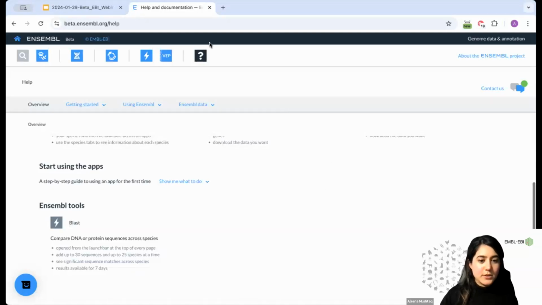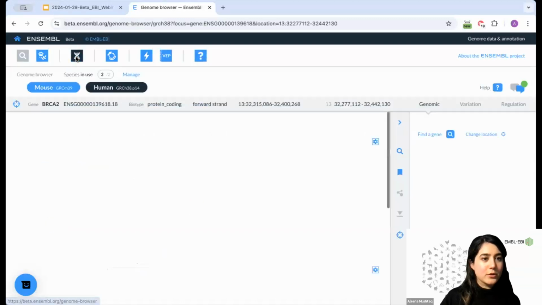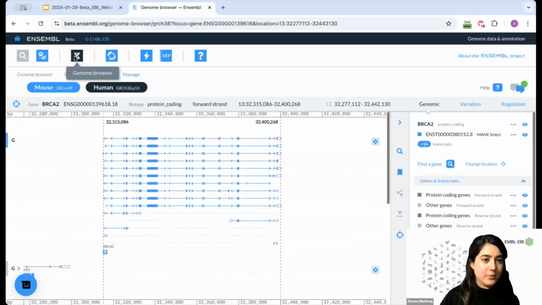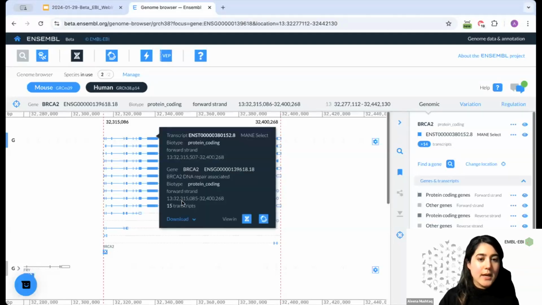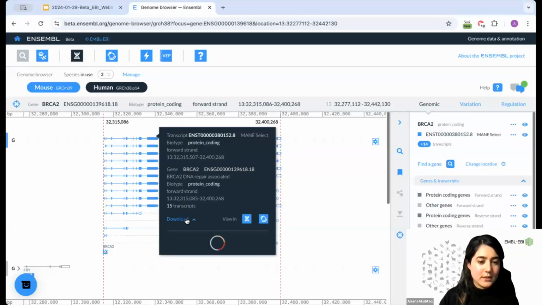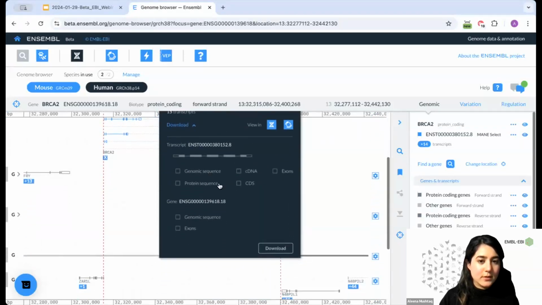So there are a lot of options available to download the data that we're showing on the Ensembl sites. As I mentioned before, you can go to the Genome Browser app over here, and then depending on the type of data that you would like to download, you have various different options. So you can either click on the transcript and then click on downloads, and then you can download the different types of sequences available. Or you can also